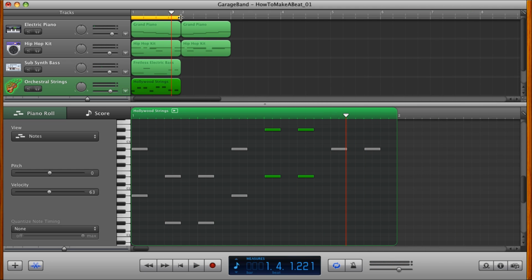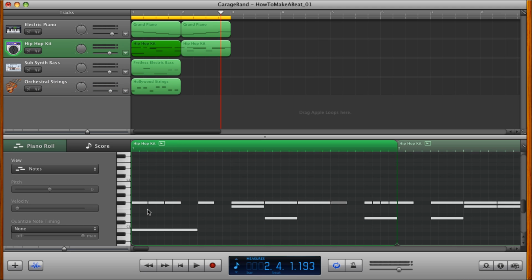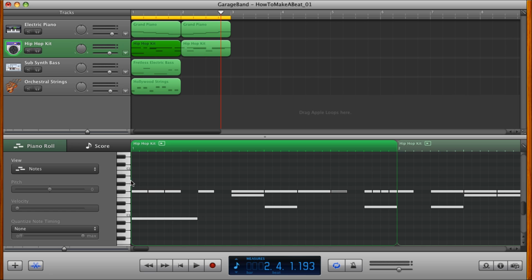So you build everything there. I think this is enough for this tutorial, so I'm going to stop right now. Let me loop these two parts and see what happens. So basically you get the idea, but this part right here, especially the hip hop drums, you can just move it around,